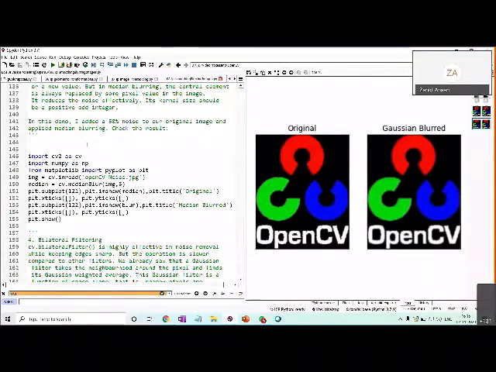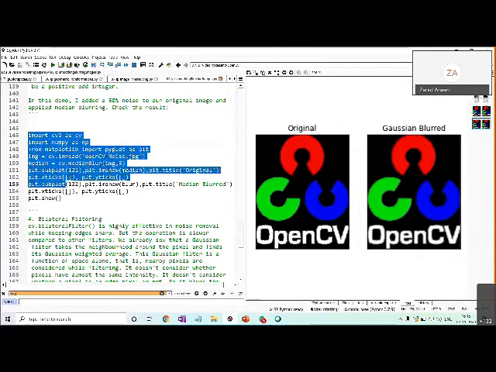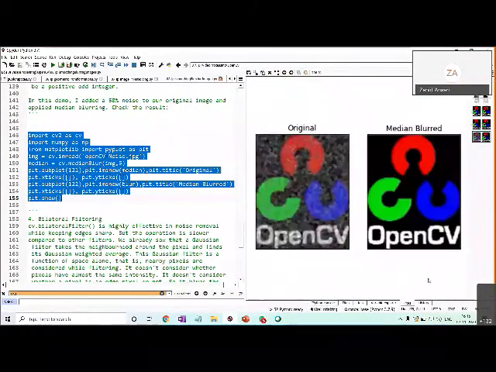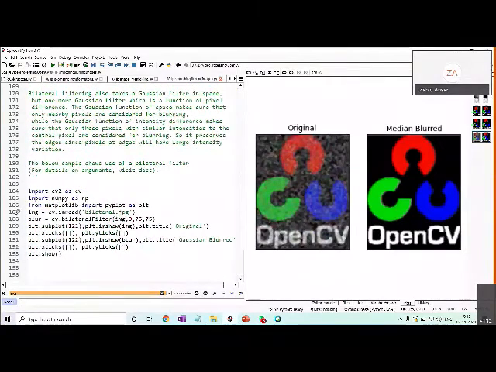Then after that, let's say I go for median blur. In this my input image has noise, so median blur is able to remove the noise. If I run this, I will show you the input and output. See, this original is this one, and after applying the median blur, it is this. Then finally this one on bilateral.